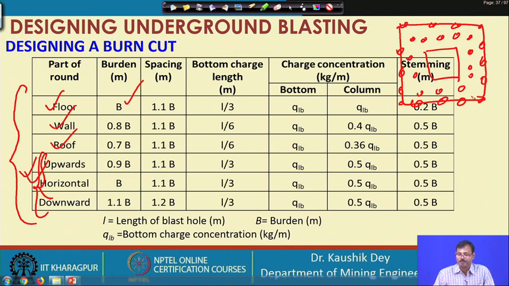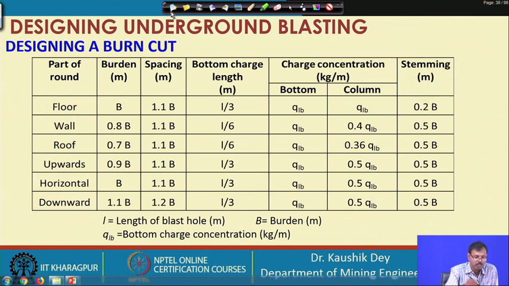So, basically the design of these roof holes, floor holes, wall holes and stopping holes does not depend on whether we are designing our cut area by burn cut or by wedge cut. So, design considerations for floor hole, wall hole, roof hole and stopping holes remain the same for the wedge cut and burn cut, and these design considerations are like this.